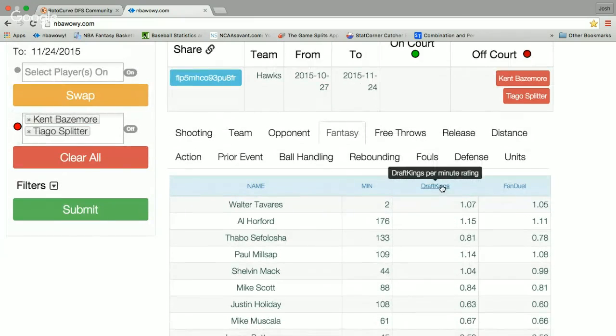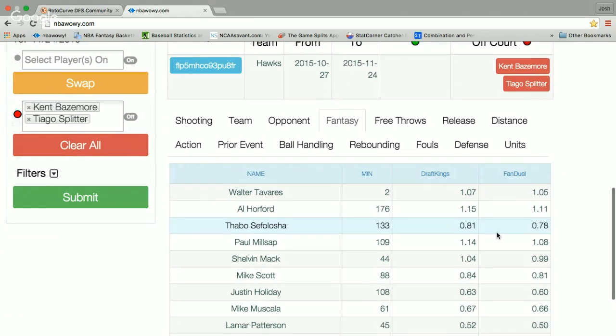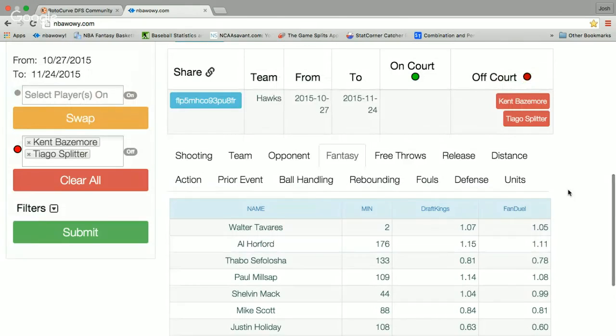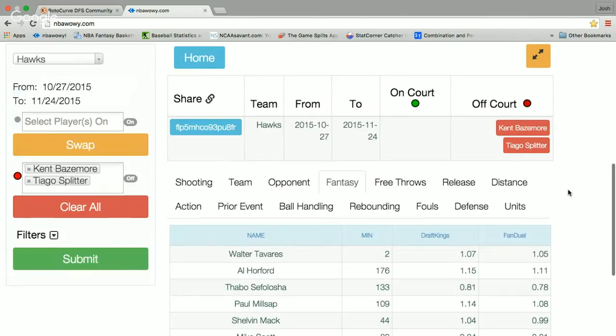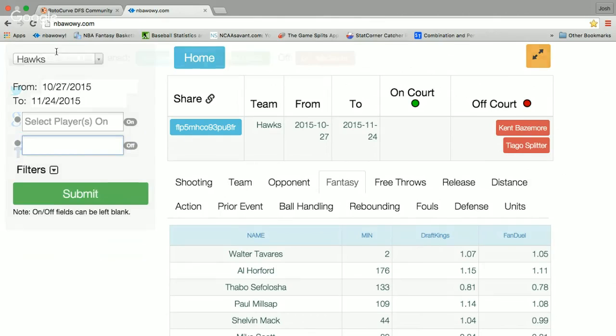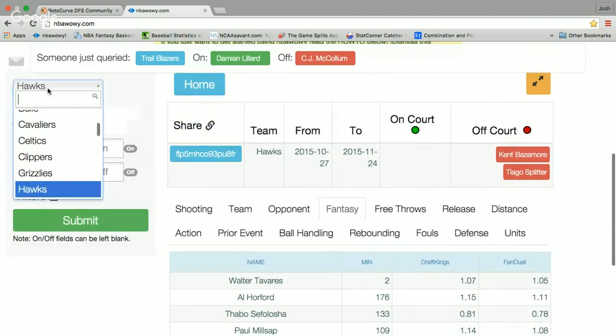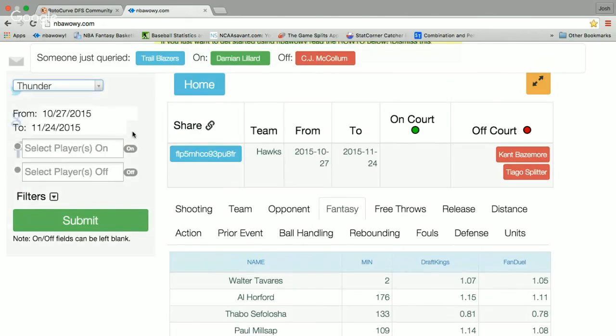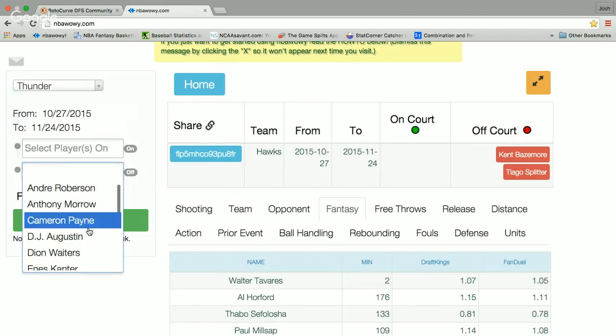You can see DraftKings per minute rating, FanDuel per minute rating, and this tells you that certain guys do get better in certain situations. Now, using another example, it's something that we all have looked at before, and just for the sake of this video, I want to talk about how the Thunder react when Kevin Durant's not in the lineup. So if you go to Thunder for this season, if you go to Kevin Durant,